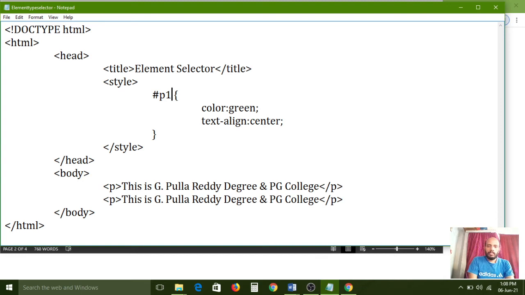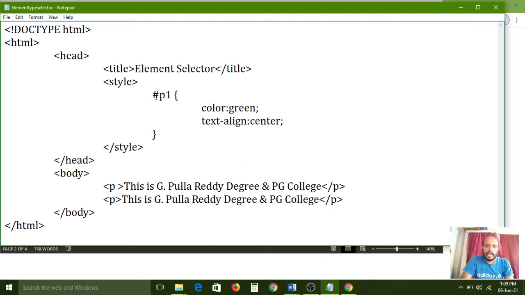By using the hash symbol like this, you need to give one id attribute. For the first paragraph I need to apply these styles. For the second paragraph I don't want to apply these properties.